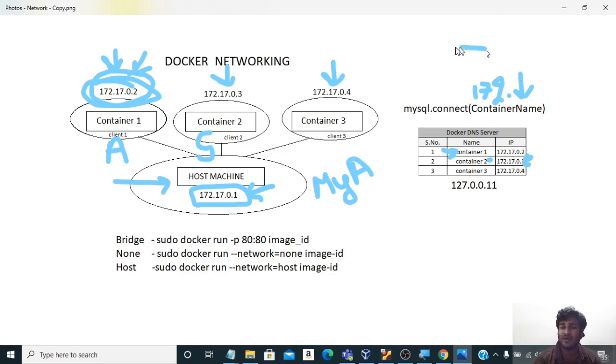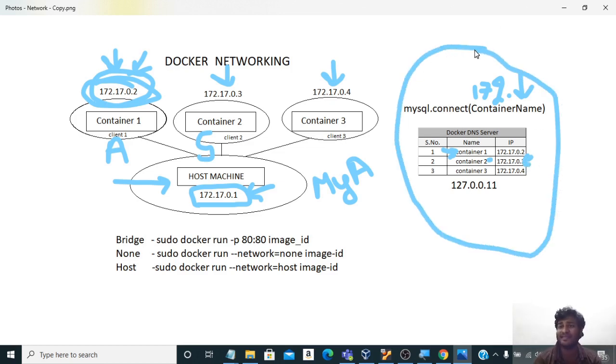So this is the purpose of the DNS server, and this DNS server of Docker runs on this IP address, 127.0.0.11.